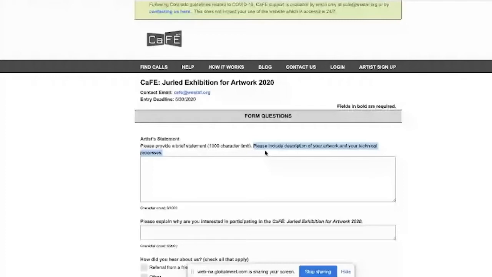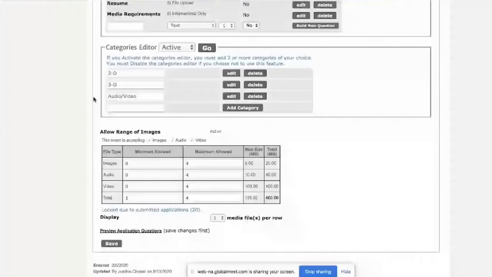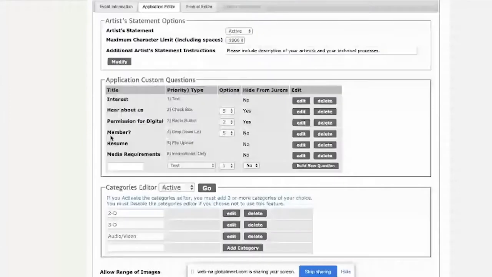The next section, Application Custom Questions, is where you'll build out the questions you want to ask the artist. You can use this to set up submission requirements to apply, such as resumes, bios, letters of interest, and more. You can create an unlimited number of questions, although you want to keep in mind the information that is already being collected by CaFÉ, and of course, be mindful not to create too many questions so you don't deter artists